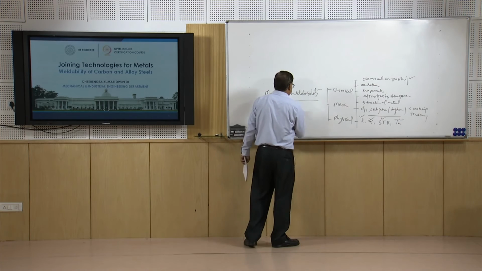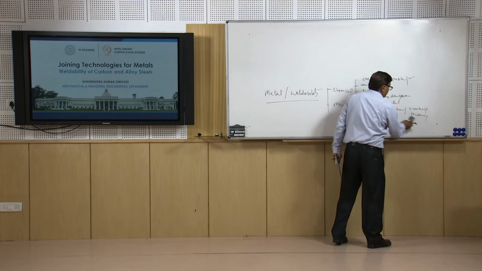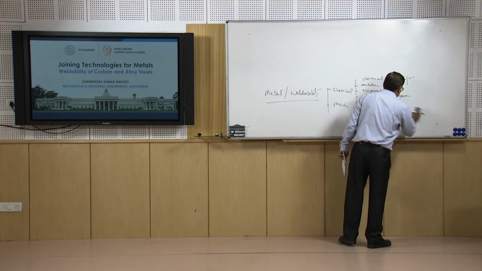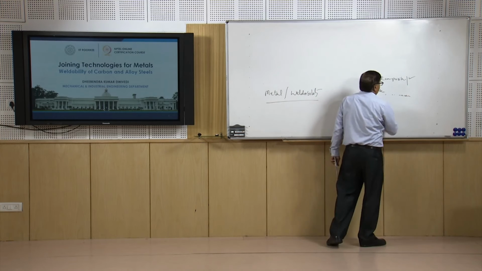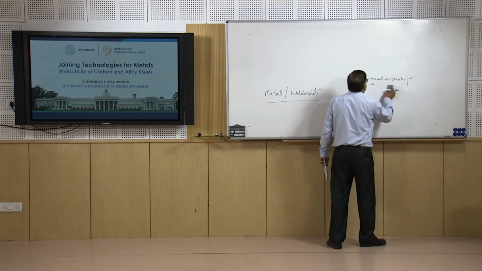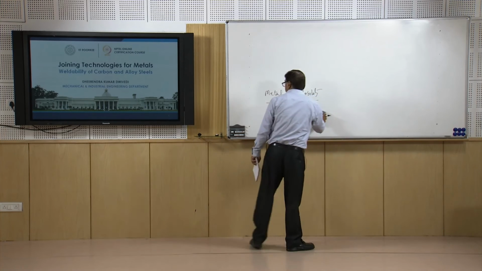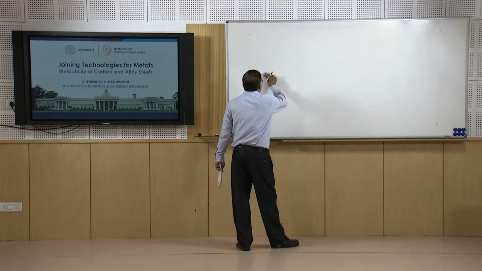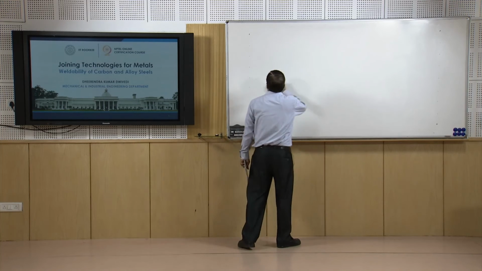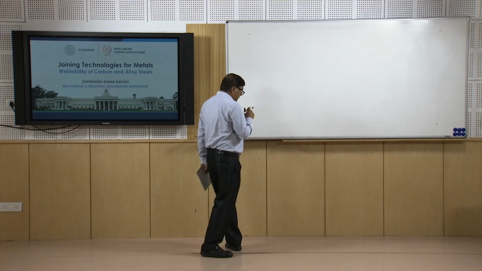Otherwise, it will require a lot of energy and a lot of effort for the purpose of melting the faying surfaces of the base metal to develop the weld joint. So, this is how the metal characteristics affect the ease of welding, but all this was